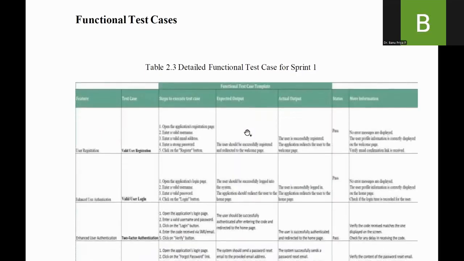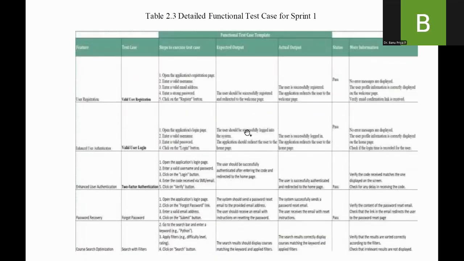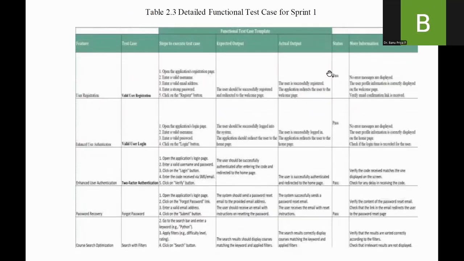And this is sprint 1, right? After this particular result has come for this user story 1, the next step is testing. For each test case, they will be checking whether it is pass or fail. Actual output, what has been got? Expected one, right? And for the user, let's take the first feature, user registration. They are taking this test case validation, right? So, is a valid user registered or not? How to check this? The steps to check this: expected output, actual output. If both are the same, it is pass. That's it. No issues.